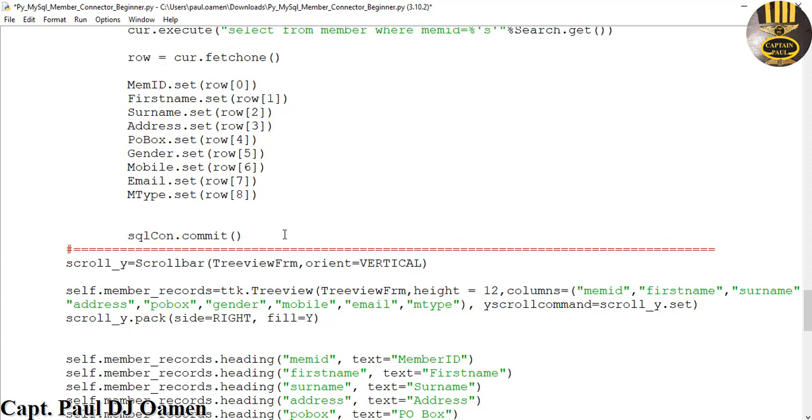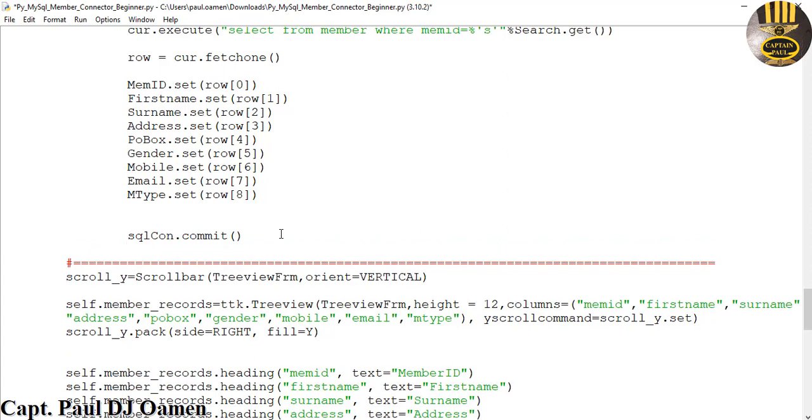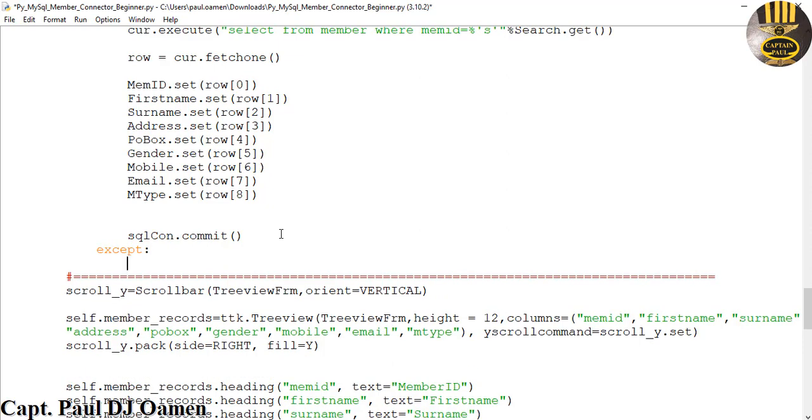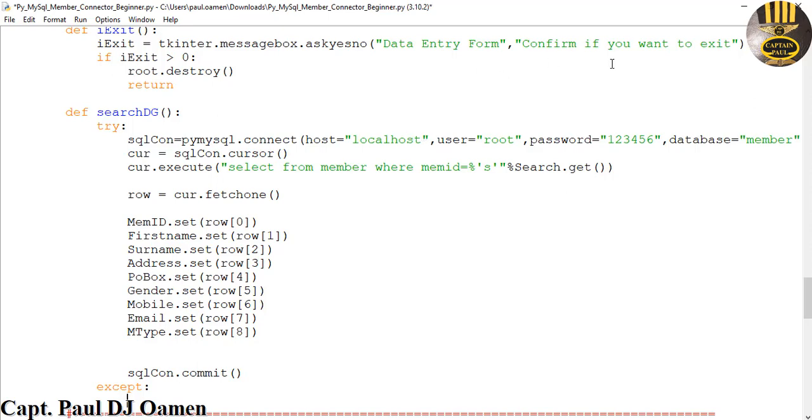And after that, let's say, since I've used try, I now need to use except, and that is going to be the following. Let's just add the following message, Tkinter, whatever. Grab a hold of this,